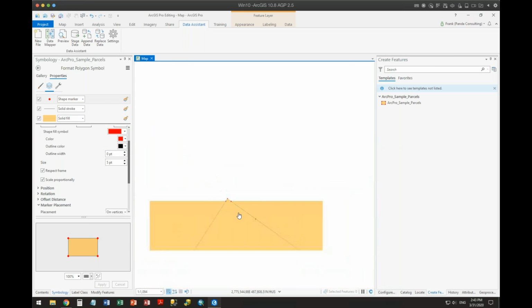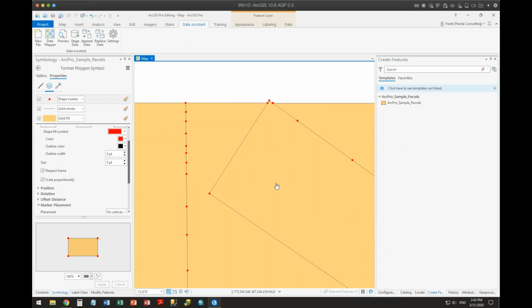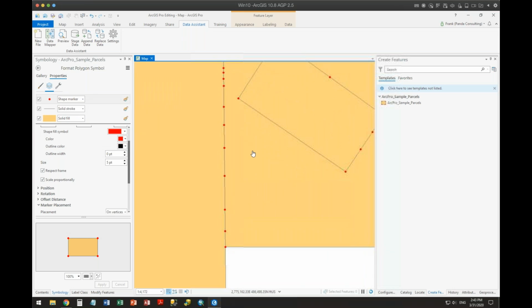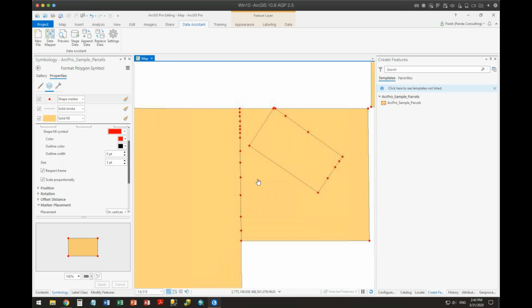So this additional capability to look at vertices inside of or on the perimeter of the polygon is really important when you want to do things like cleaning up the data. When you're looking to see, okay, where are the vertices? Does it have extra vertices on here?